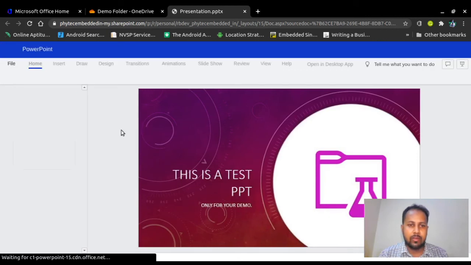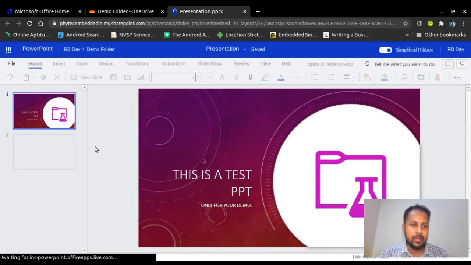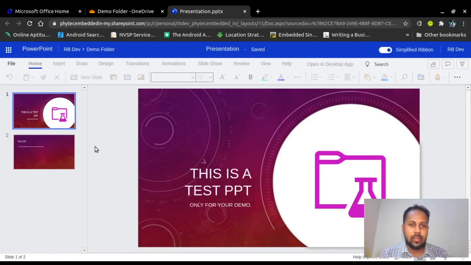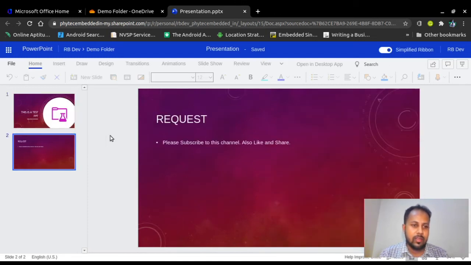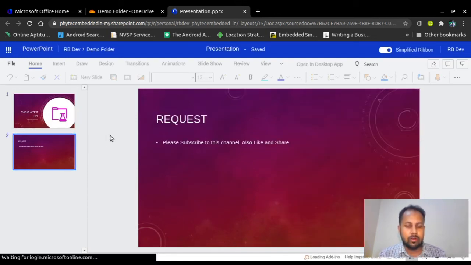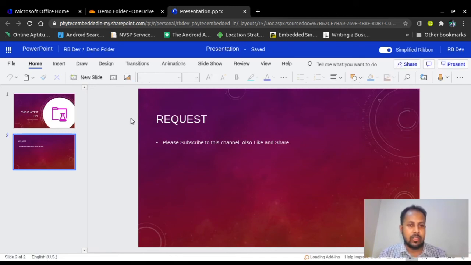And the benefit is not only this: you can go to your browser in Windows, PC, Linux, MacBook, or on your phone, and everywhere it will work the same way.